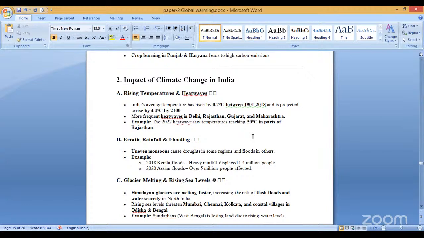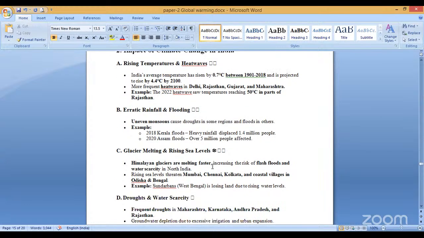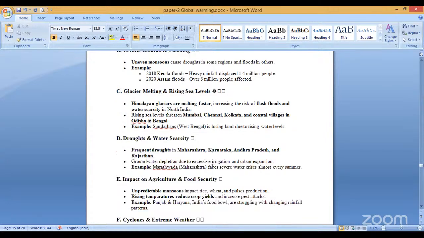Glaciers are melting and sea levels are rising. Himalayan glaciers are melting faster, increasing the risk of flash floods and water scarcity in North India. Sea levels are rising in Mumbai, Chennai, Kolkata, and coastal villages in Odisha and Bengal. For example, the Sundarbans is